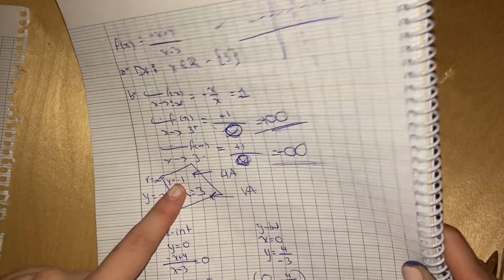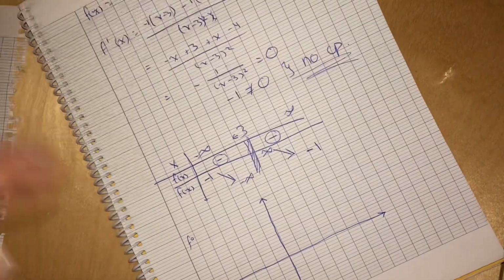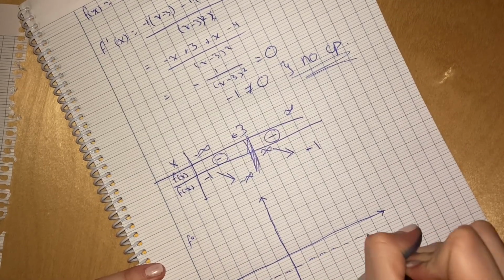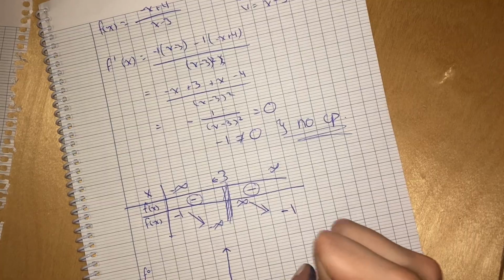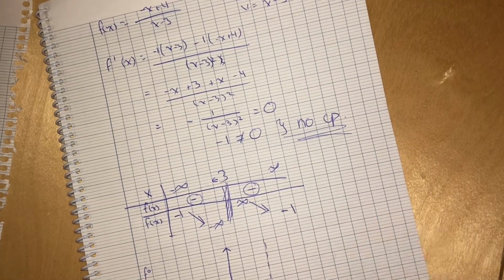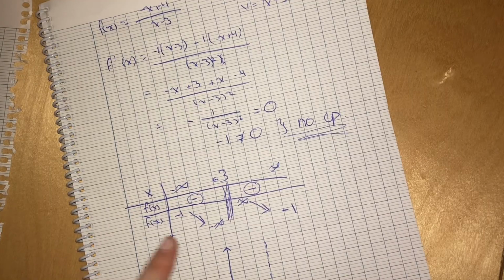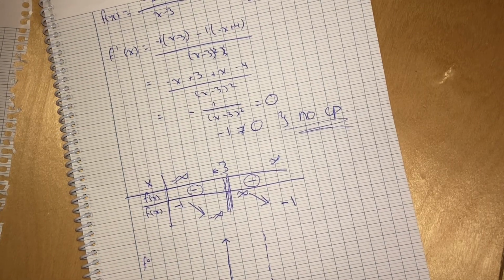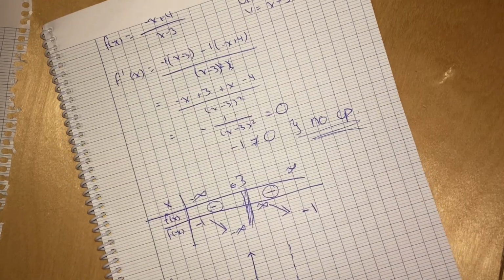Now, remind us what our asymptotes were. Y equals minus 1, so it's never going to hit y equals minus 1. So on minus 1, we can put a dotted line. And then our vertical asymptote is x equals 3, so it's never going to hit 3. So 1, 2, 3, that's right here. We can put another dotted line. So now, at x equals minus infinity, it's going to decrease from minus 1 to minus infinity,